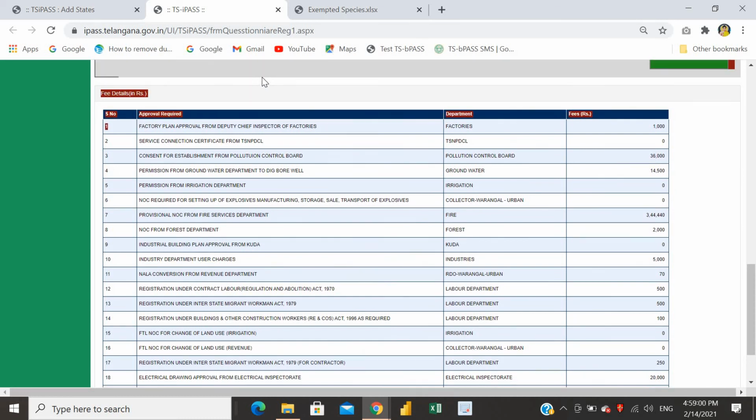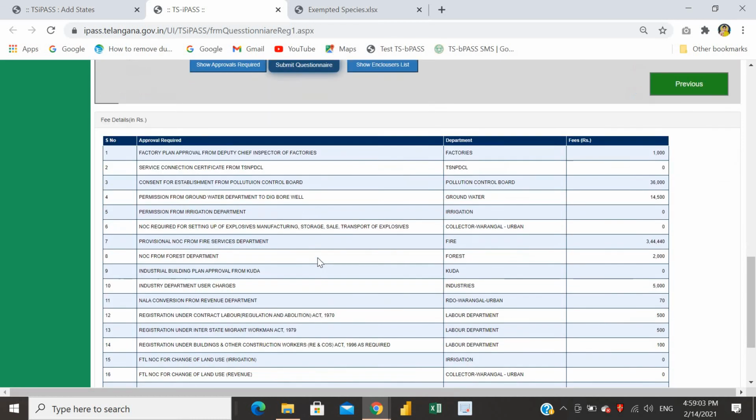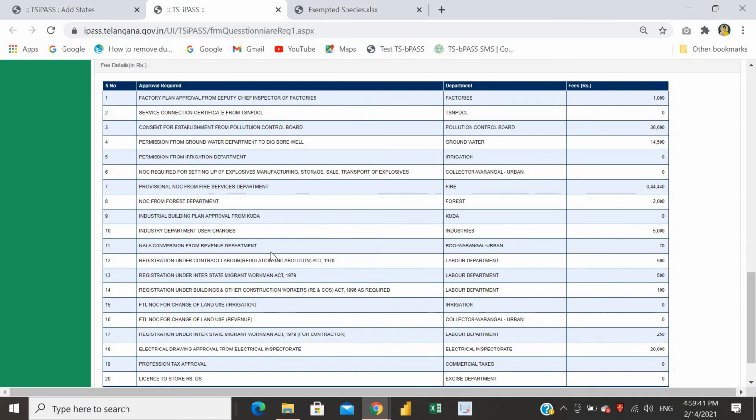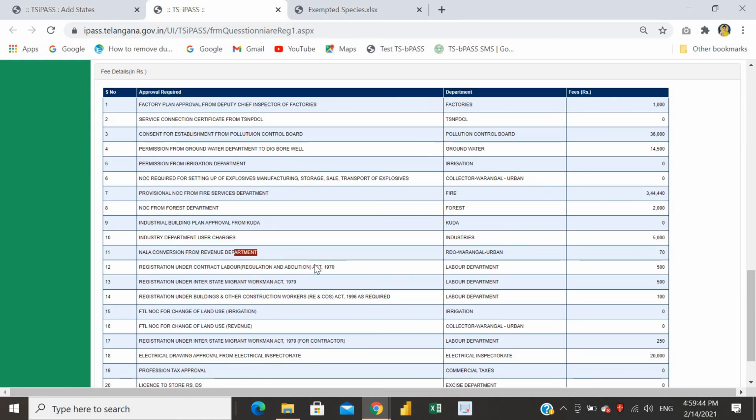I require a factory's plan, service connection, that is a power feasibility certificate will be given, pollution control board, groundwater, irrigation department NOC, explosive license for sale, storage and manufacturing, provisional NOC from fire department, NOC from forest department for tree felling, industrial building plan approval from KUDA, because though I have shown you Rangareddy, I have by default given Warangal district because this is already a filled application, so it is taking a KUDA location. Industrial department user charges, Nala conversion,